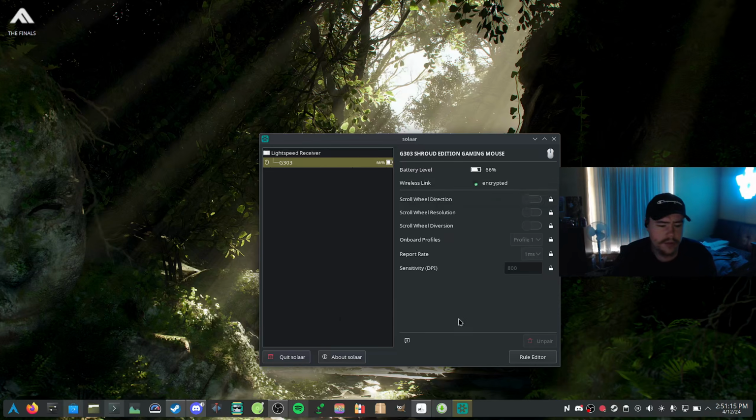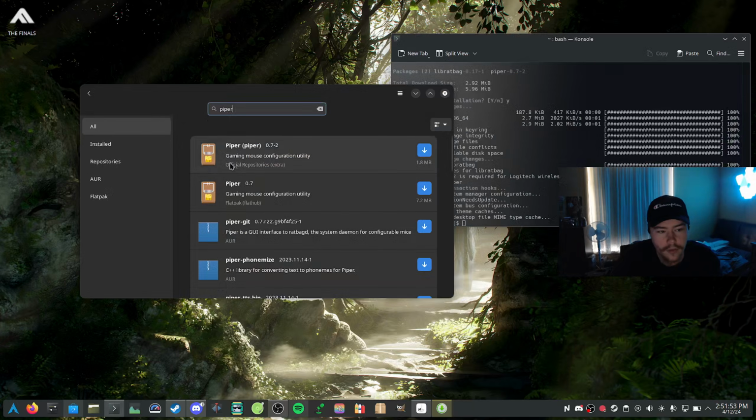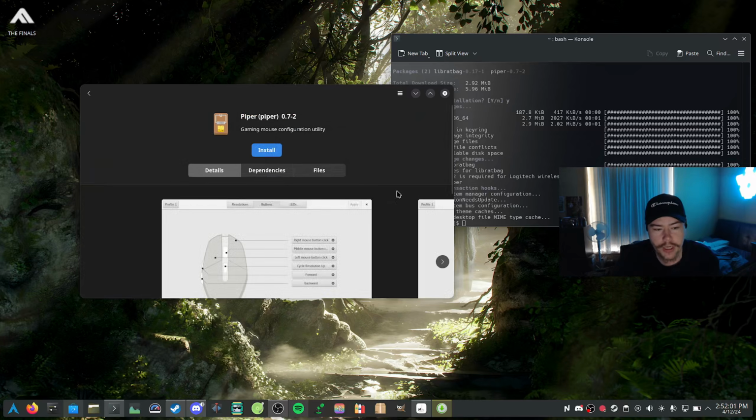You can't do any shortcuts. I don't think you can do that stuff. Usually you would do that in apps individually, but that is just one app that you can use for Logitech mouses. Now, the other one that we can configure mouses on is called Piper, which is a pretty nice